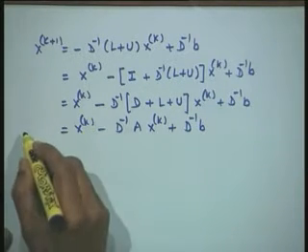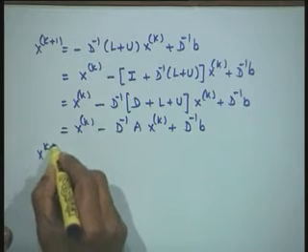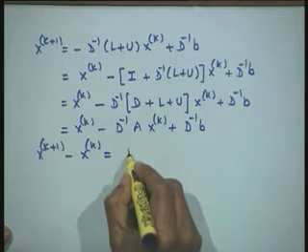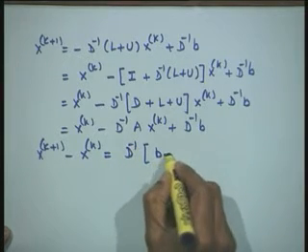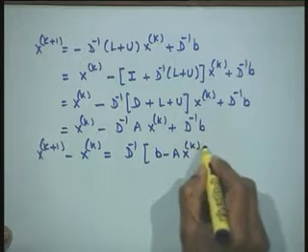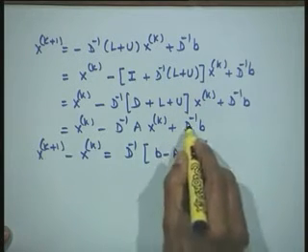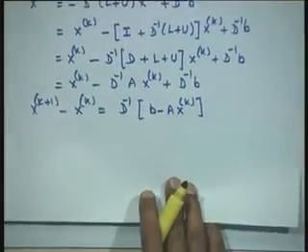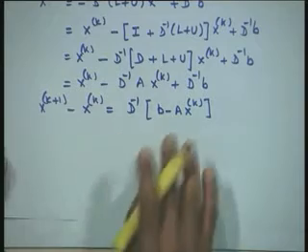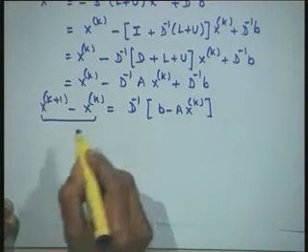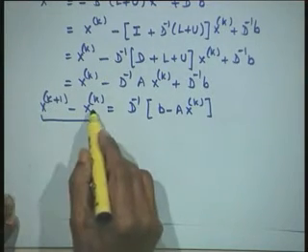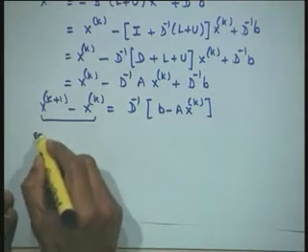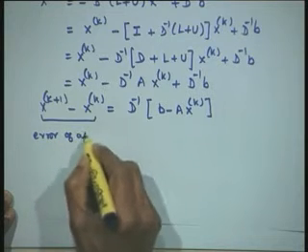Now, I bring x k to the left hand side. So, I will write x k plus 1 minus x k is equal to D inverse of (b minus A x k). I have combined these two, I have taken D inverse out. Now, you can see this is a very interesting equation. The left hand side is the difference between the two estimates. If it is converging, this is going to be 0. Therefore, this is nothing but our error of approximation.